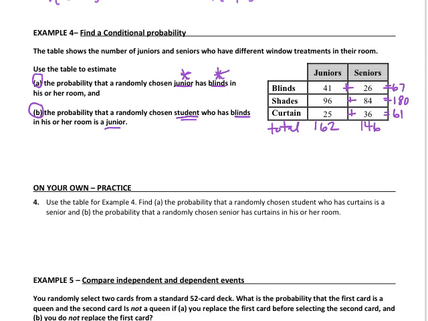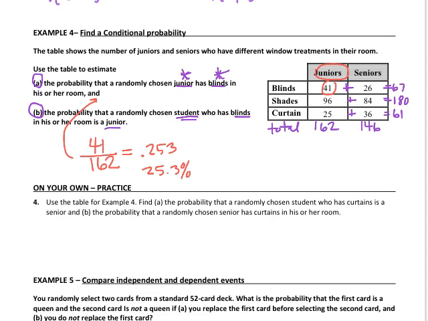All right, so let's go back to part A here. The probability that a randomly chosen junior has blinds. So they have to be a junior and they have to have blinds. So let's just go ahead and put in 162 juniors, and 41 of them happen to have blinds. And this was for part A up here, I just didn't have enough room to write it in there. So if I use a decimal form, if I take my calculator out, I get 0.253, so 25.3%